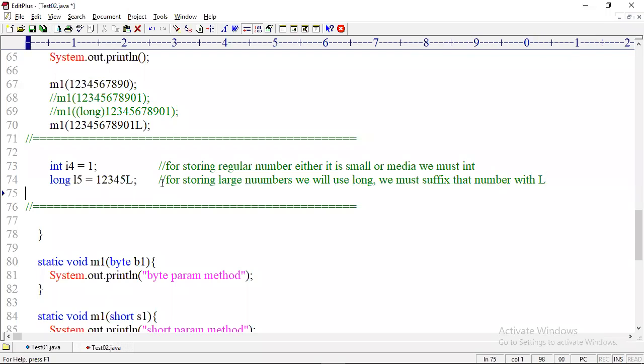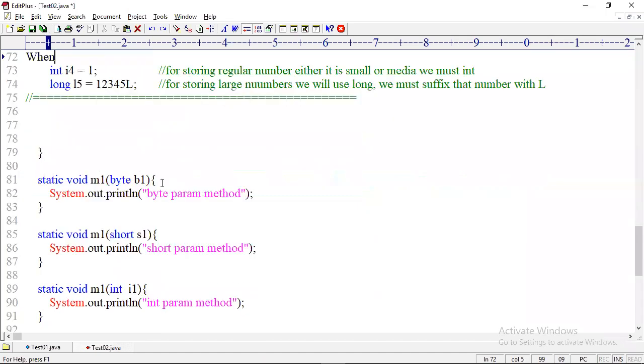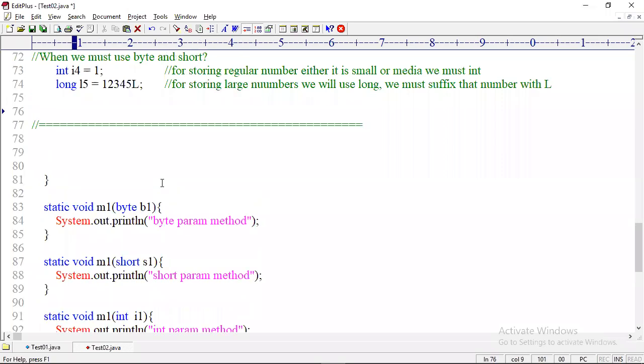Then when should you use byte and short? Okay, when must we use byte and short? Very important.